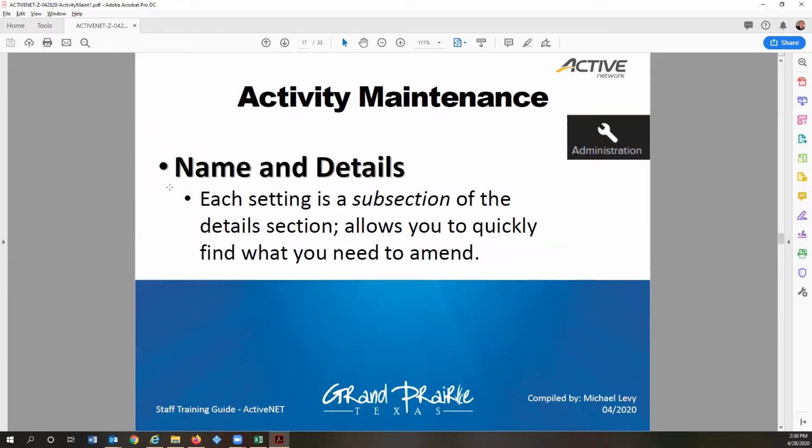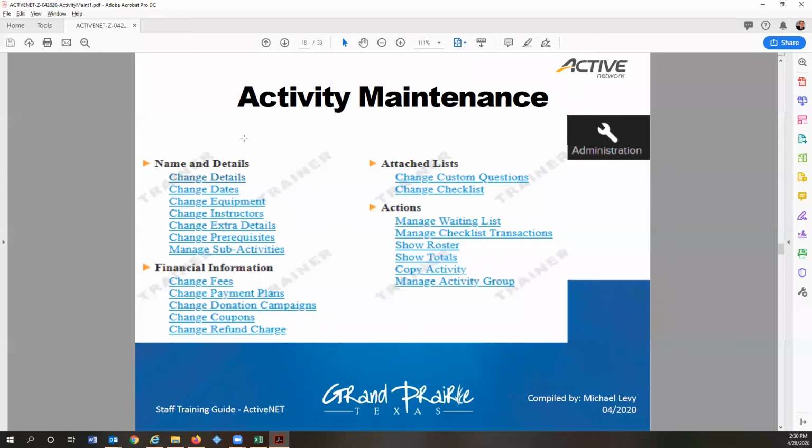And when you look at names and details on here, it's a subsection of everything that we have. What I mean by that is, a lot of these extra things we've already looked at in the change details. This is just a little quicker way of getting to these places. You'll have a lot of those options that way when you go to change instructors or add additional